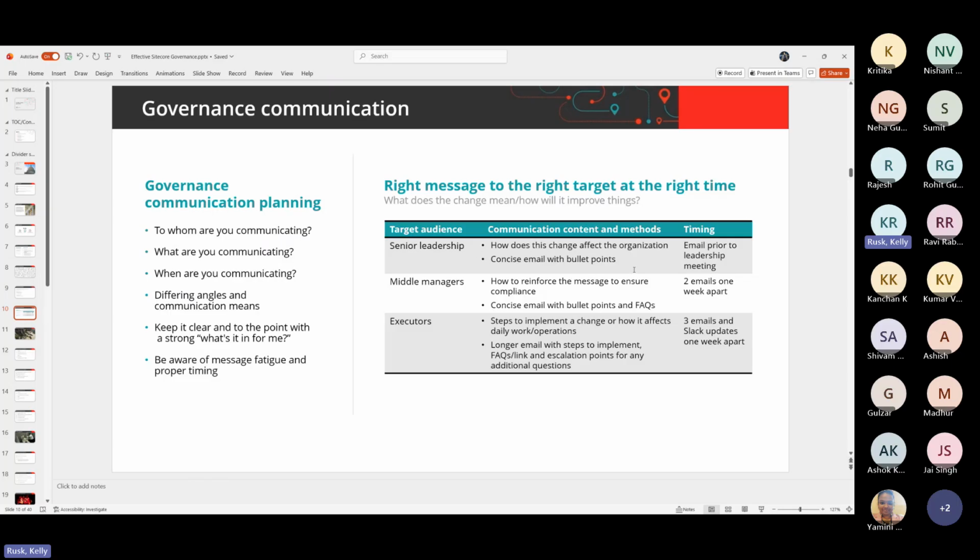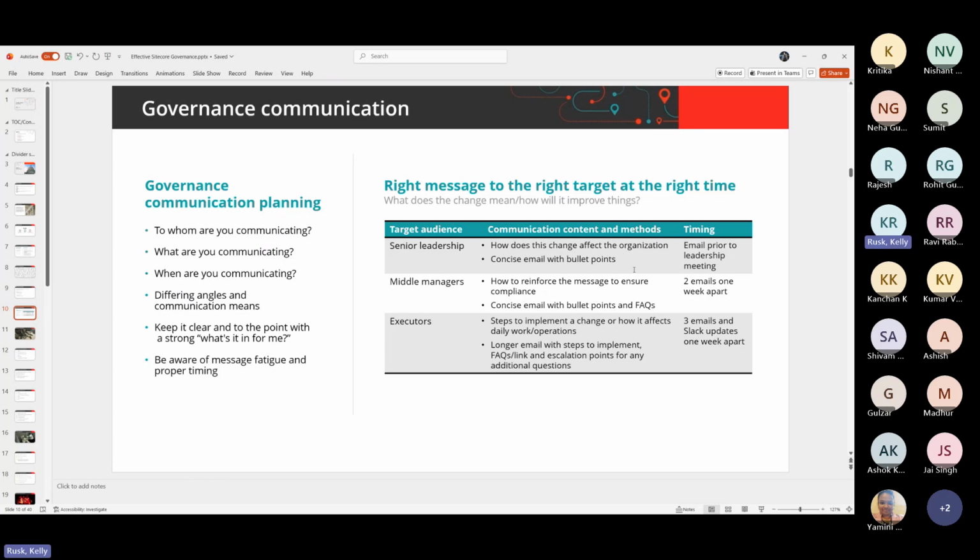Well, it might have a new commerce capability that is going to have revenue impact. And you need a concise email of bullet points so executives know what's going on quickly. Your middle managers might need to reinforce this message to make sure that everyone complies with the new standards that are going on with the new platform.